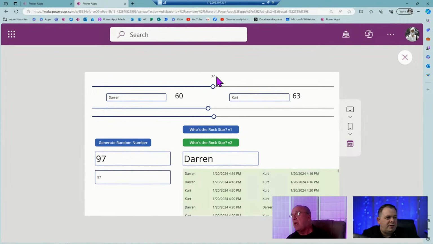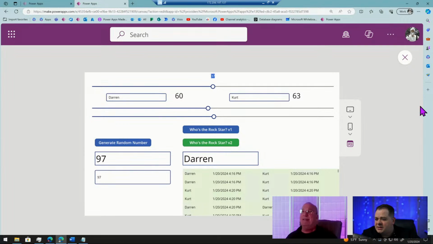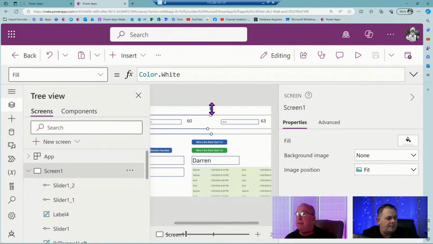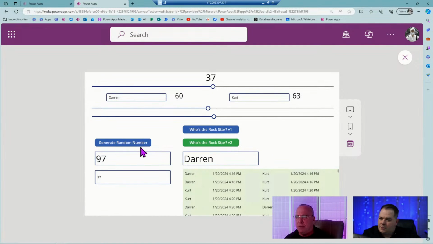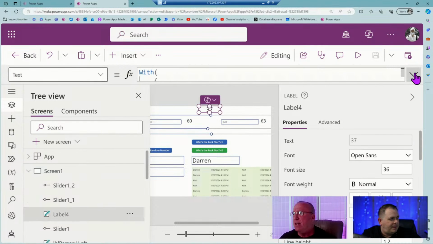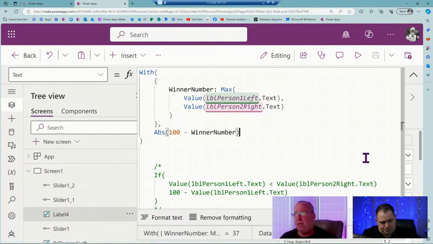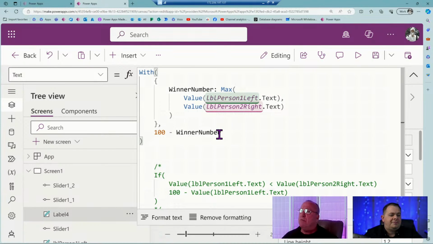Okay. What do we have? We have a 37. Now, is that the offset you were talking about? Is that what you're really looking for? That's the offset. Yeah. And you got that already established with the winner, right? How many that is from 100? If we go back to your code and your with block, I think you've already got that. You don't need an ABS around that, I don't think. Because it's just giving you the. No, you're right. You're right, Darren. I'm sorry. I screwed you up.